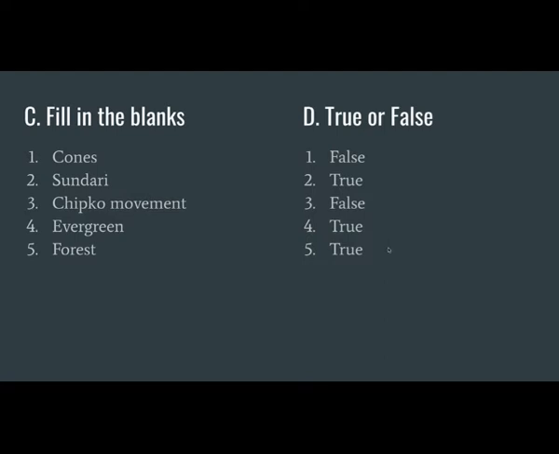Okay, then next section, fill in the blanks. The trees in the coniferous forest bear cones. Cone type it is. Okay. The second one, the dash tree is found in the Sundarbans. Which type of trees? Sundari or mangroves. Then third one, Sundarlal Bahuguna was the leader of which movement? Chipko movement. Write down right now. Then fourth one, the wood of trees in the dash forest is hard and valuable. Evergreen forest. Okay. Then dash provides shelter to animals. Forests provide shelter to animals.